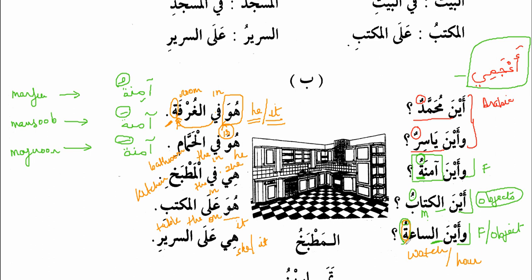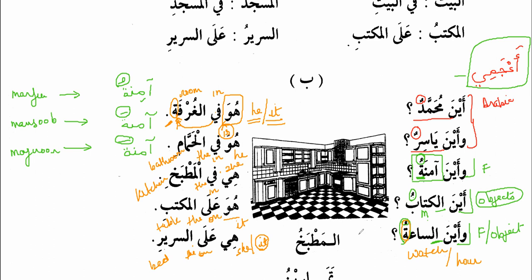So here it is feminine, so I will take it as she because it is a feminine noun. And since it is an object, you will translate it as it. It is on the bed. So this sentence looks very simple, but it has a lot of meaning and a lot of grammar in it